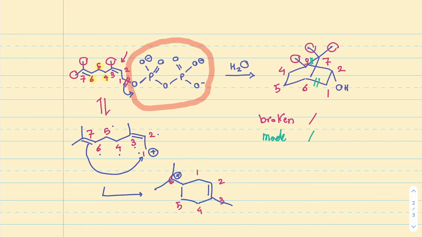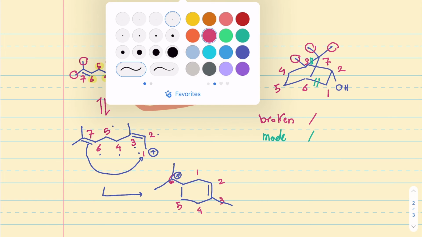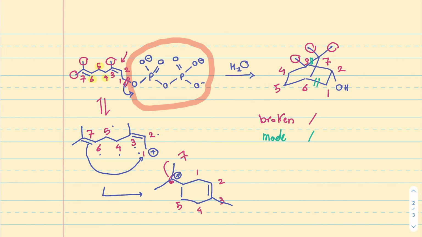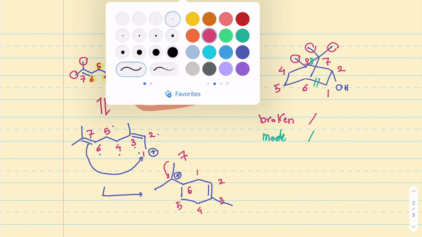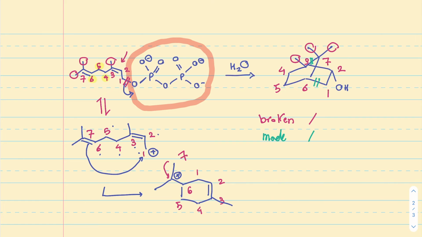This is actually looking very good, because now I have a positive charge on carbon 7, which is this. Let me actually demonstrate that. So carbon 7 is this, and carbon 6 is this. Let me just be very clear about that. And 3 now has an opportunity to get connected to 7 because 7 has a positive charge on it, and then 3 is a part of a double bond. So I'm going to use the electrons of the double bond to create that bond, and that'll